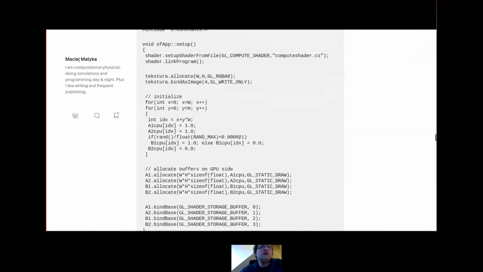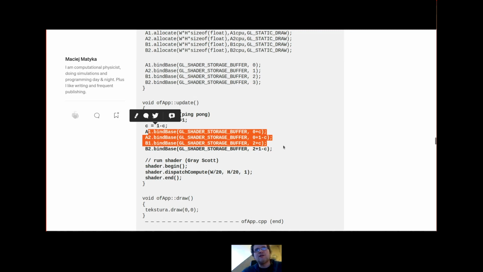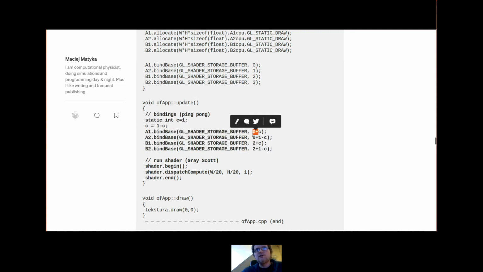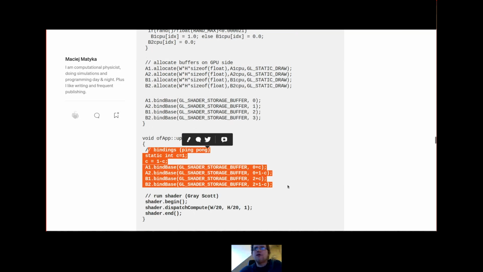So now to do that, we have this ping pong here. We are introducing the C, which is a number 0 or 1. We swap 0, 1 on each execution, and then we bind A1, A2, B1, and B2. From these little expressions, you can understand that A1 is 0 or 1, then A2 is 0 or 1, then B1 is 2 or 3, and so on. Now these are bindings for